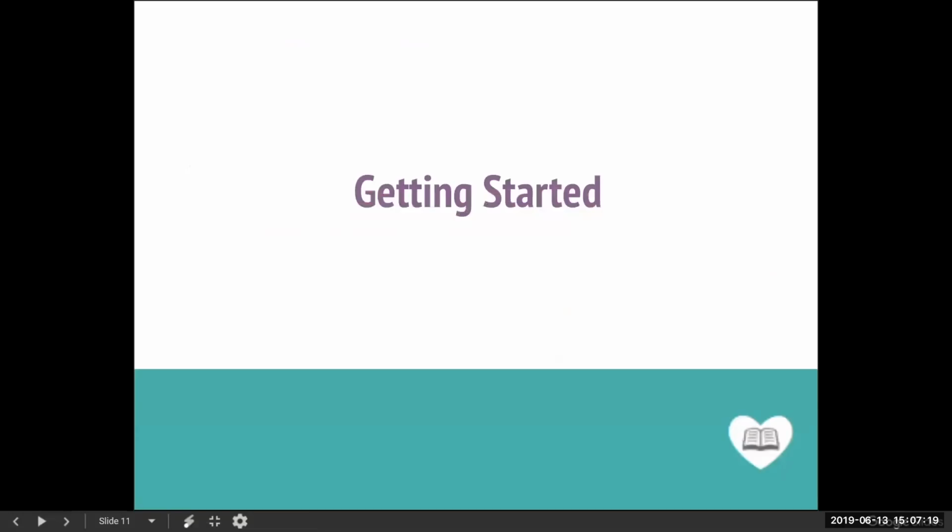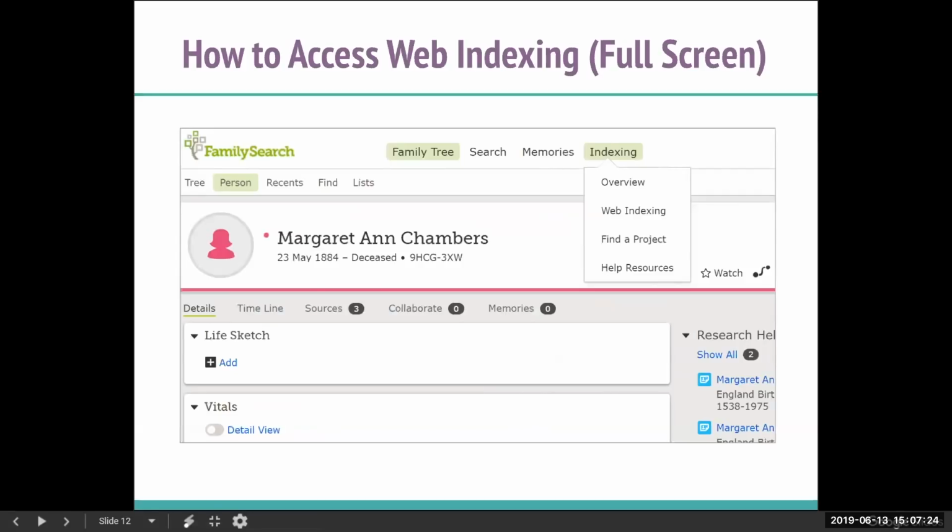So if you want to start indexing, how do you do it? Well, the first thing you do, it's so easy. If you're on a full screen, so if you're on a laptop or a wide monitor, you go to the indexing option at the top of pretty much any FamilySearch page. If I can get the slide to advance, there we go. You go to the indexing option on the top of pretty much any FamilySearch page, and then you'll get a drop down when you hover over that indexing option. And the drop down will have a web indexing option, and you just click that